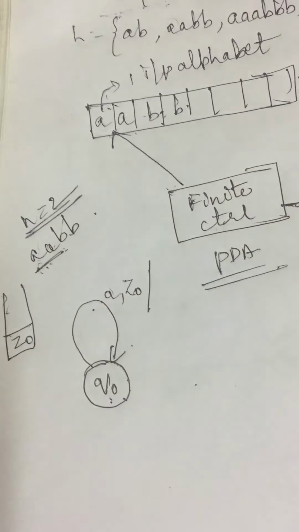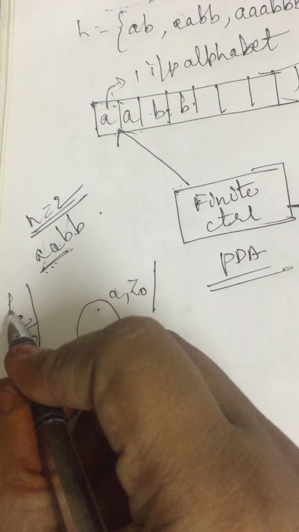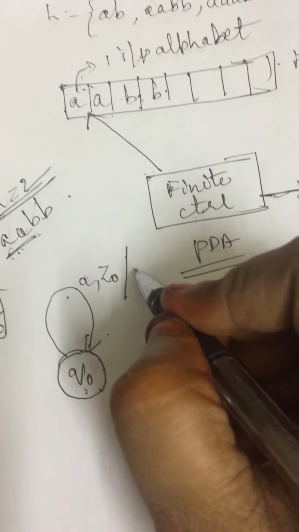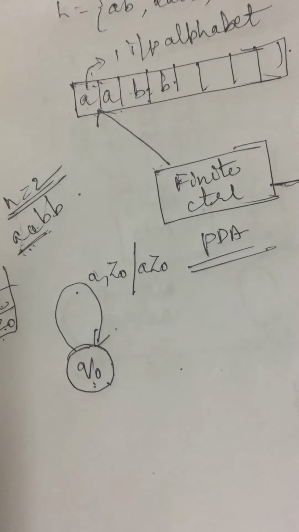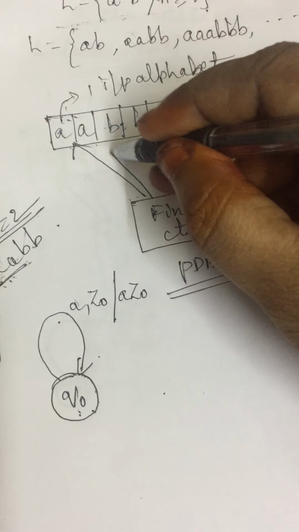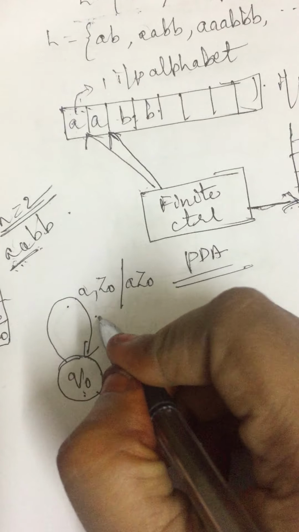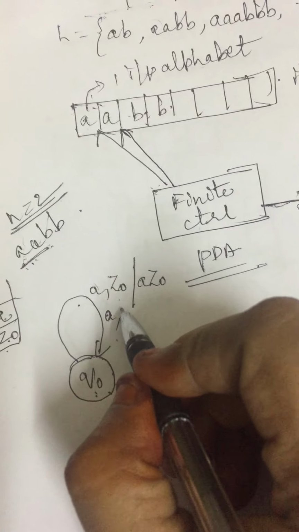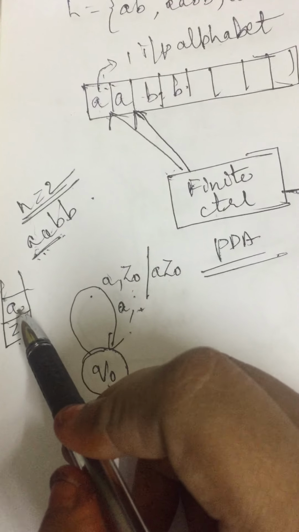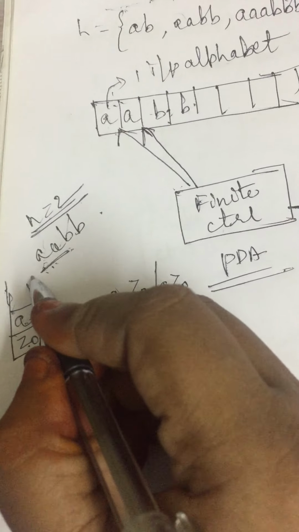Here the present input symbol is A and the top of the stack is Z0. So for each A, we have to push into the stack. When we push A into the stack, now the present top of the stack is A and the previous top of the stack was Z0. So it will be represented as A, Z0. Now when we perform the push operation on the second A, the second input alphabet is A, and here the second part we need to write the present top of the stack. What is the present top of the stack? A. And now we are going to perform the push operation.